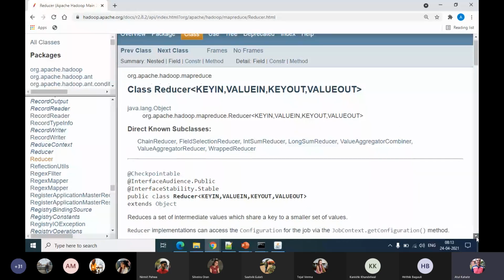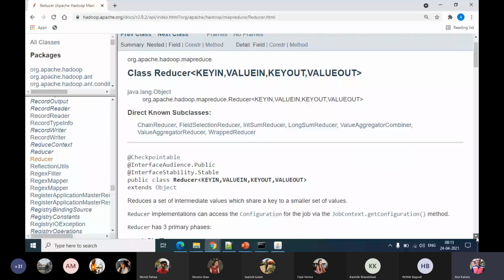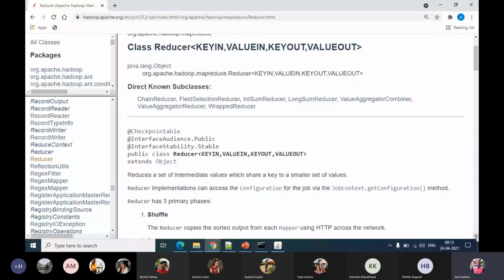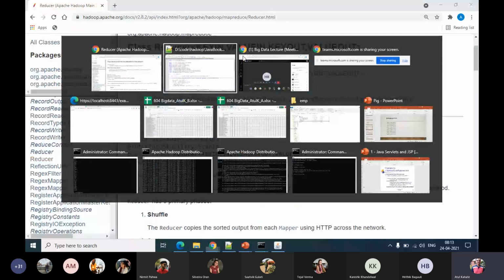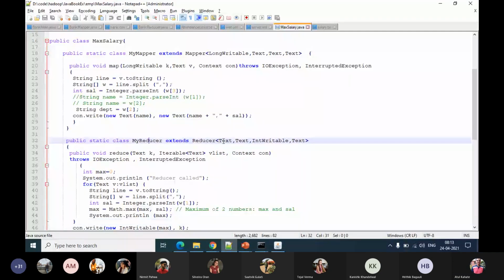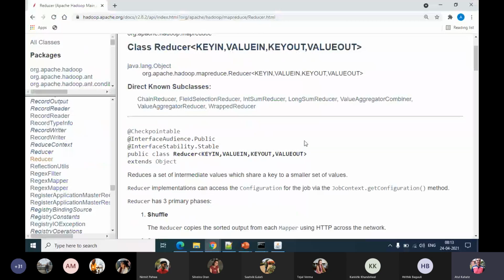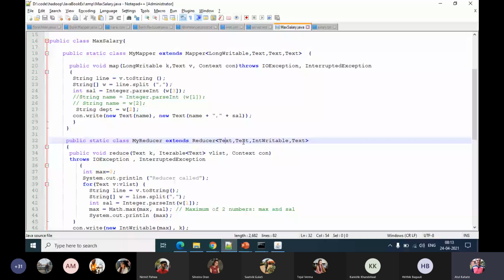What is the job of the reducer class? Before that, we'll also see our reducer definition. So here our reducer class also has 4 parameters. Those parameters are key input, value input, key output, value output.